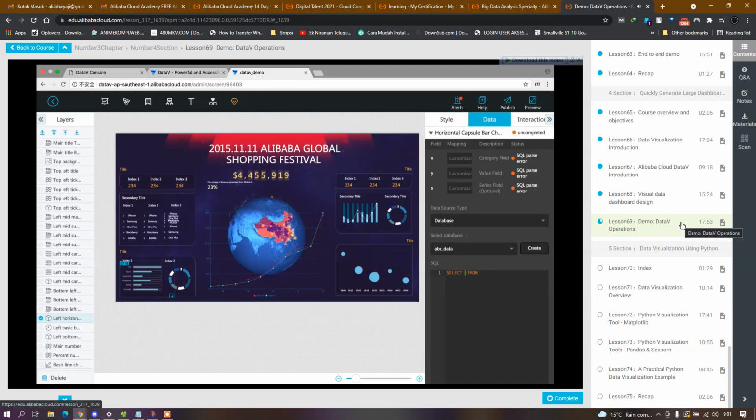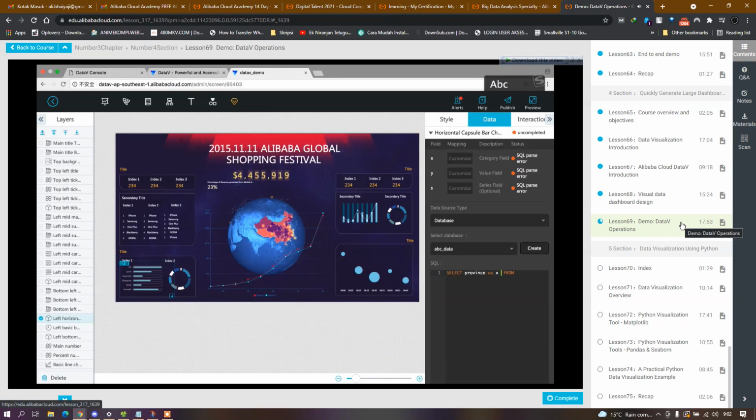Because the data in my orders table is the sales data for a Chinese company, I can choose the regions to be the provinces of China. So let me select the province as the X here,